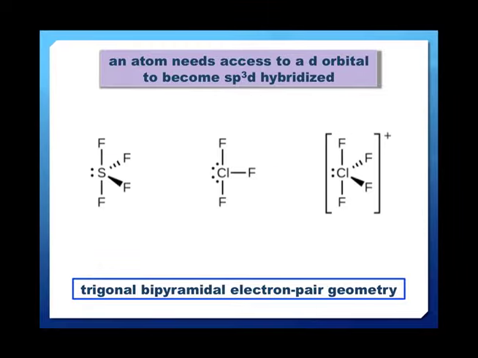Molecules like SF4, ClF3, and ClF4+ will exhibit sp3d hybridization and therefore trigonal bipyramidal geometry, as we can see from the way the electron domains distribute themselves. These may have a seesaw or T-shaped molecular structure, but the electron pair geometry is dictated by the number of hybrid orbitals, which are occupied by both bonding electrons and lone pair electrons.